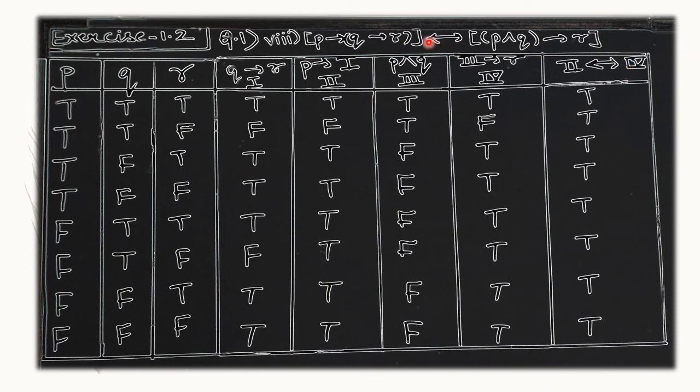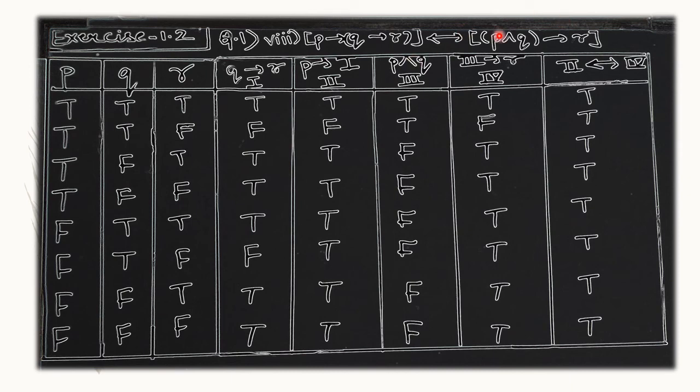Final table, that is what we want to find, that is 2 double implies 4. 2 is P implies (Q implies R) and 4 is P and Q implies R. So 2 double implies 4 we have to find. When both are the same values it is true, in other cases it is false. So let's check. If you see column 2, it is the same as column 4. So in all cases the truth values match.